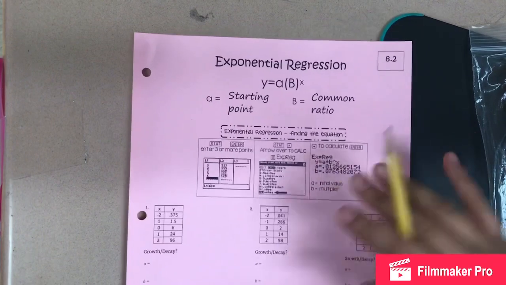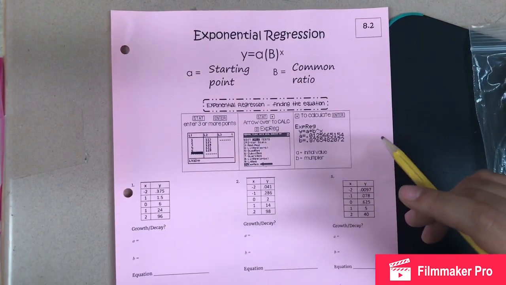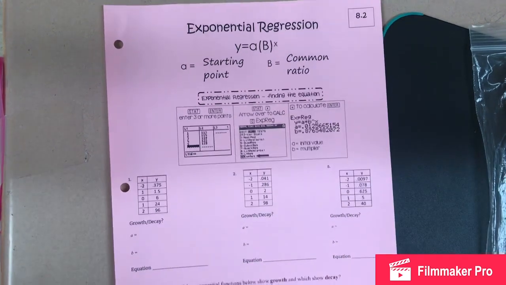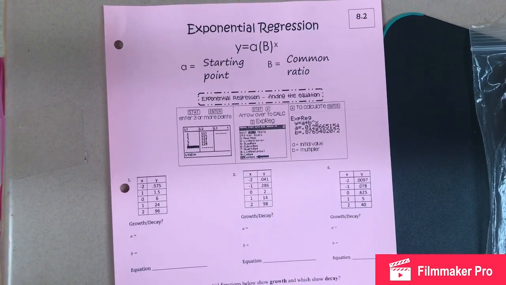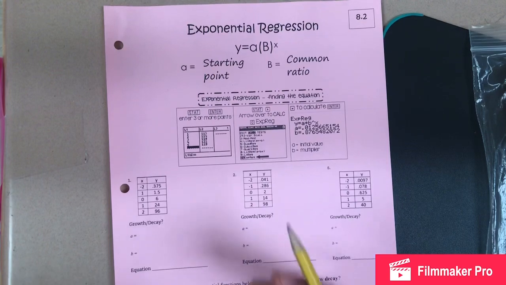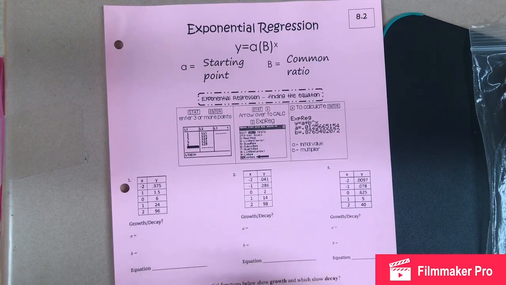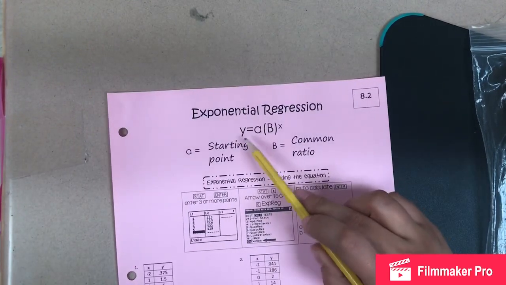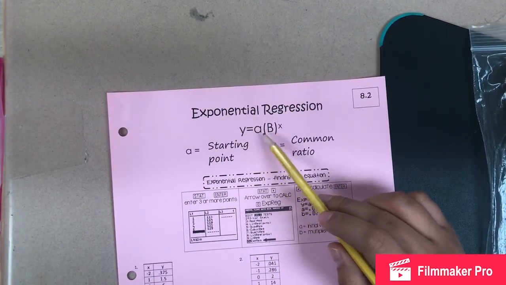Okay, so we talked about the features of exponential functions yesterday. Today we are focusing on exponential regression, where you're given a table and we have to be able to use exponential regression like linear regression and quadratic regression to be able to find the equation. Remember, the equation is going to be written in this form, where y equals a times b raised to the